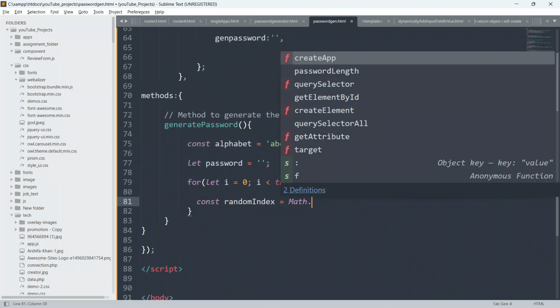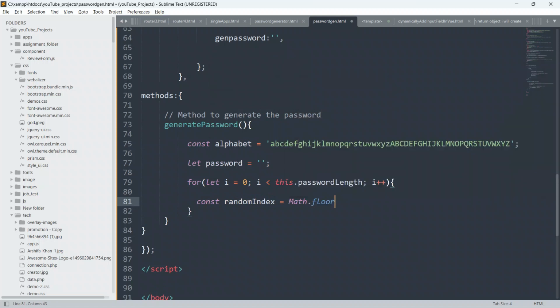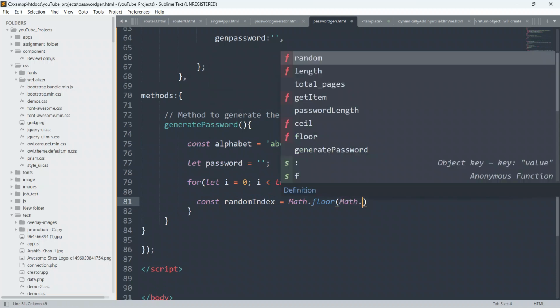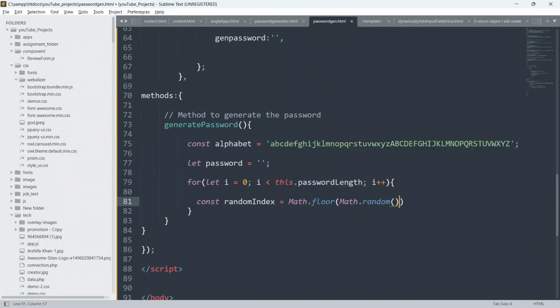Okay, so here I will also use the same function. I will use Math.floor, and inside this I'll again say Math.random, and I'll close this, and I will multiply this with the alphabet length.